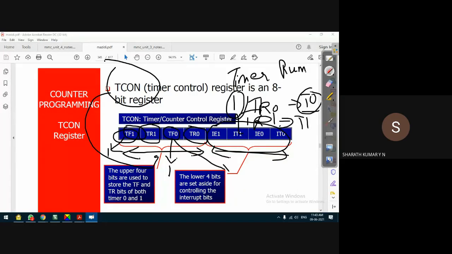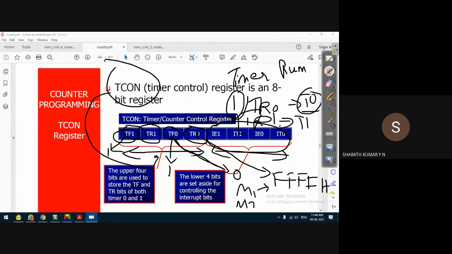As long as these bits are 0 after starting the timer, say we are using timer 0 and we have set TR0 to 1, we have to continuously monitor TF0. As long as TF0 is 0, the timer is yet to reach the final count of FFFFH for mode 1 operation, because for mode 1 the final count is FFFFH.